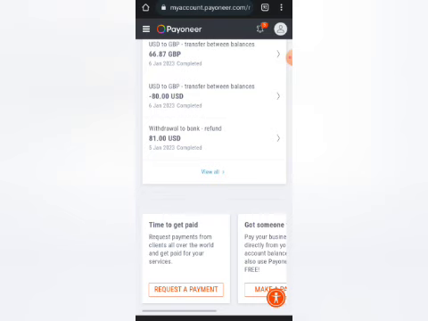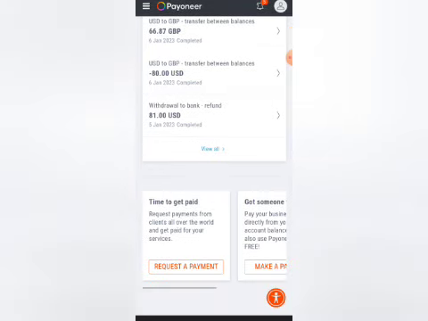And don't forget to watch out when I'm going to convert this money. I'm going to send this money from Gray to Payoneer, then I'm going to convert on Gray to black market rate